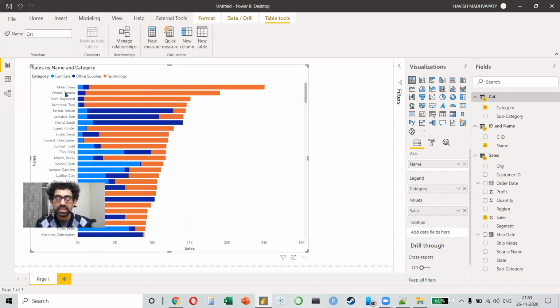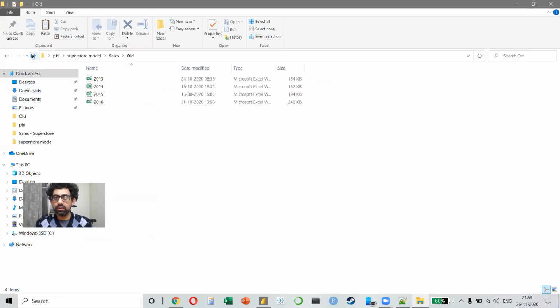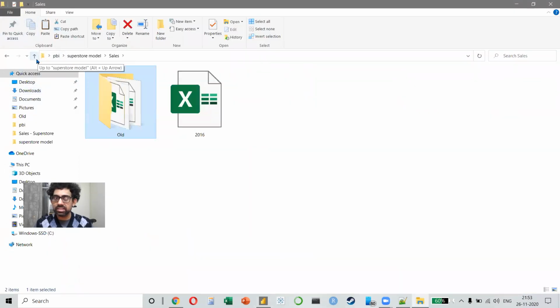We have, let's say, Sean Miller here, and maybe the name changed. So the person who was procuring the inventory from the business, that person changed and a new person came in. So if you come back, obviously the ID will remain the same.